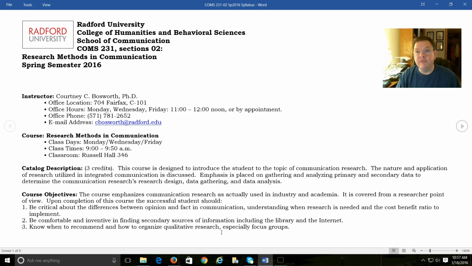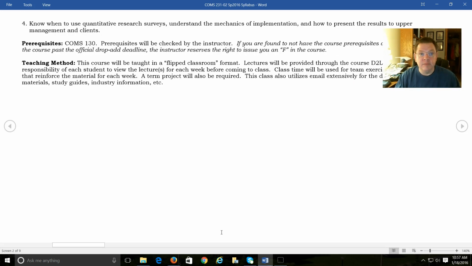Be comfortable and inventive when finding secondary sources. You won't have money all the time to go out and buy data, so you've got to be inventive on how you get that data. How to organize qualitative research, especially focus groups. We'll be doing that within this class. And you'll know when to use quantitative research, surveys. We'll be talking about